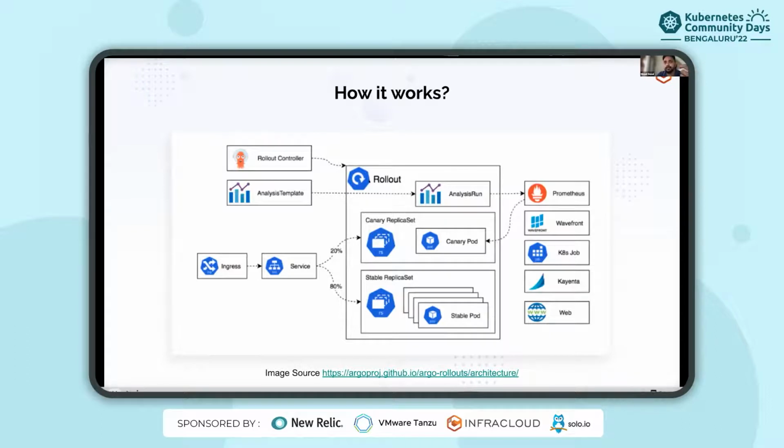When you create a deployment, it creates your replica set, and that replica set creates your pods. Here you can say it creates a stable replica set that would be running your older version, and when you create a new version, it creates a kind of Canary replica set, and that manages all your pods. Okay. Ingress, this is not directly, I would say, part of Argo Rollouts, but just to make it more understandable,